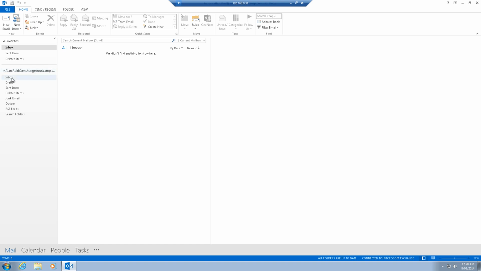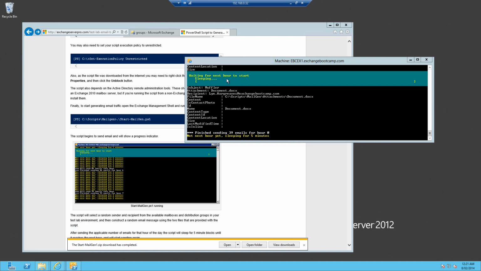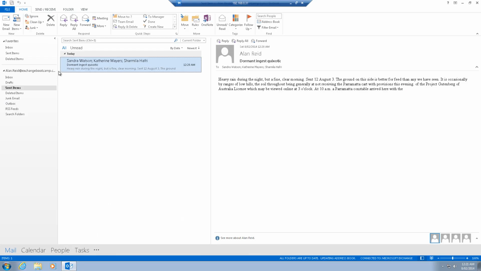Alright, so Alan's not lucky enough to have received any of that random email yet. Looking back at my server, I can see that it's finished sending those 39 emails, and it's just waiting for the next hour to start. So eventually I would expect that some emails will land in Alan's inbox as it just randomly chooses those senders and recipients. In fact, we can come back here to Alan's mailbox and we can see that there is at